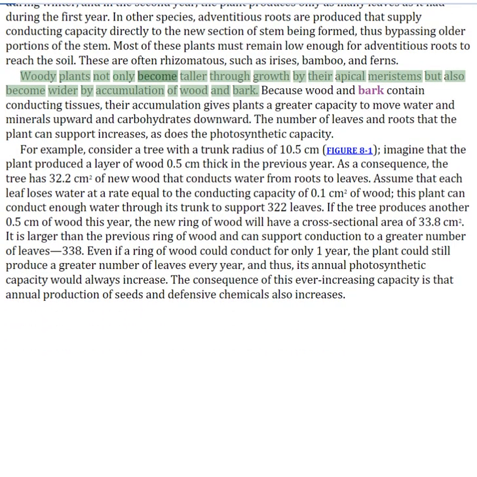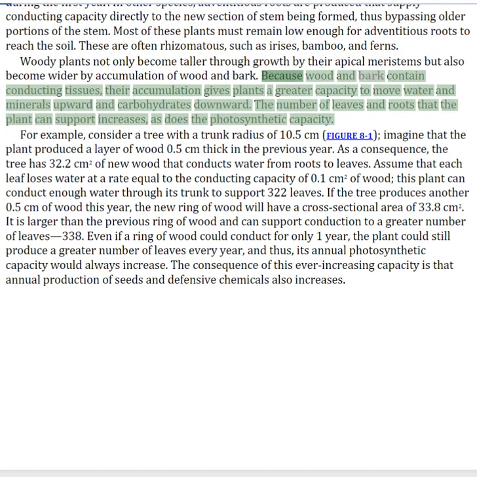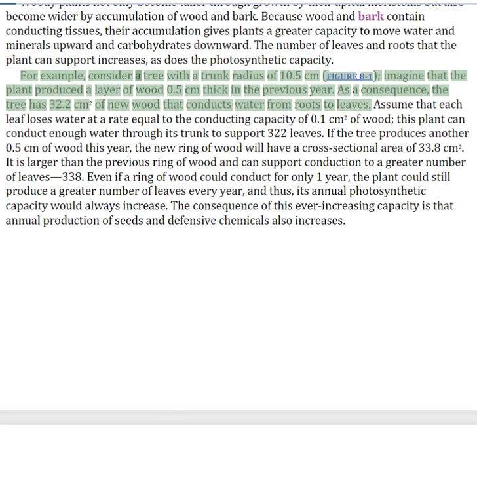Woody plants not only become taller through growth by their apical meristems but also become wider by accumulation of wood and bark. Because wood and bark contain conducting tissues, their accumulation gives plants a greater capacity to move water and minerals upward and carbohydrates downward. The number of leaves and roots that the plant can support increases, as does the photosynthetic capacity. For example, consider a tree with a trunk radius of 10.5 centimeters. Imagine that the plant produced a layer of wood 0.5 centimeters thick in the